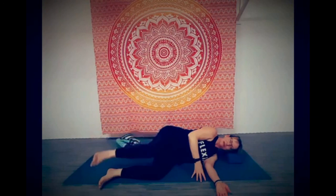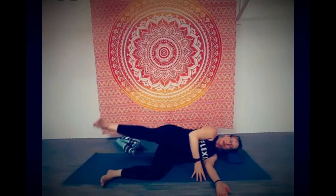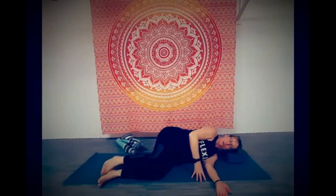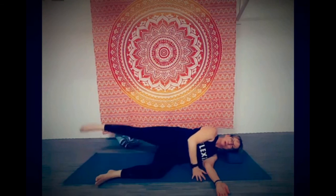Pretty sure we did 15 of these on the other side. 5, 4, 3, 2, 1, and beautiful. Extend that leg out. Toe comes to the ground, shoulder blades back, and we lift. We go 1 and 2, 3, 4, 5, 6, 7, 8,